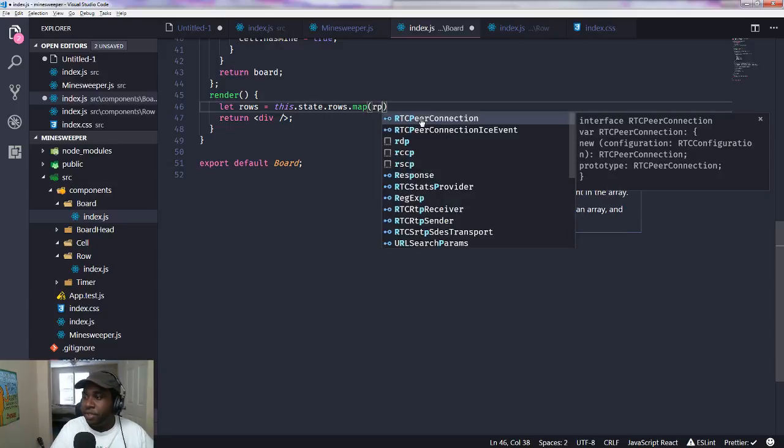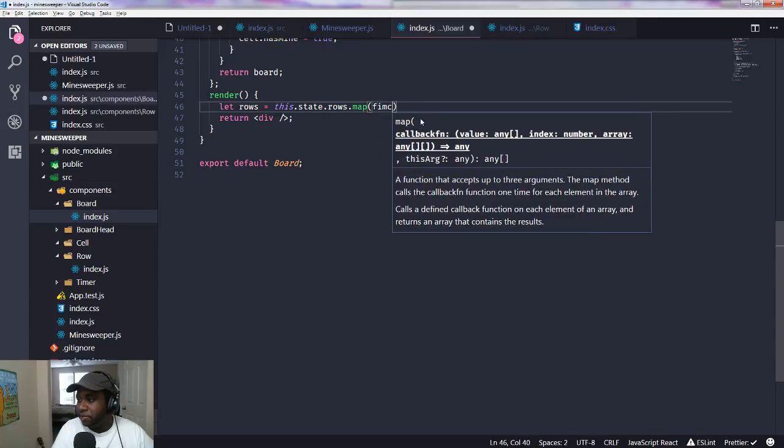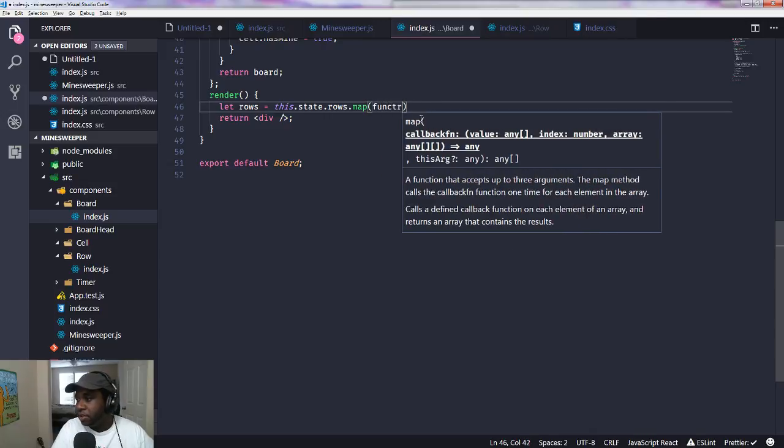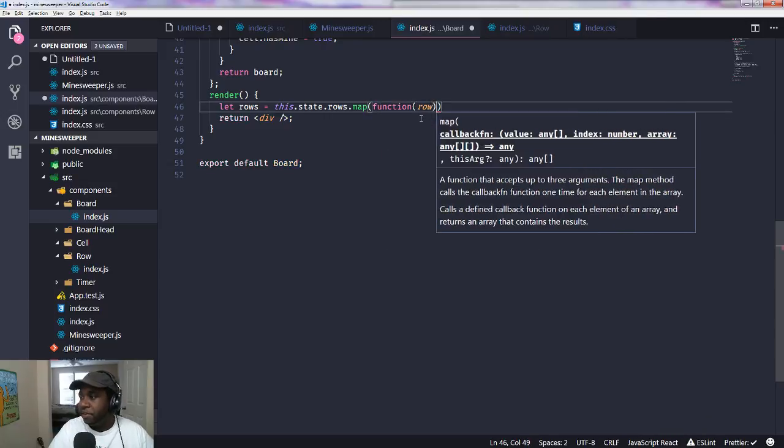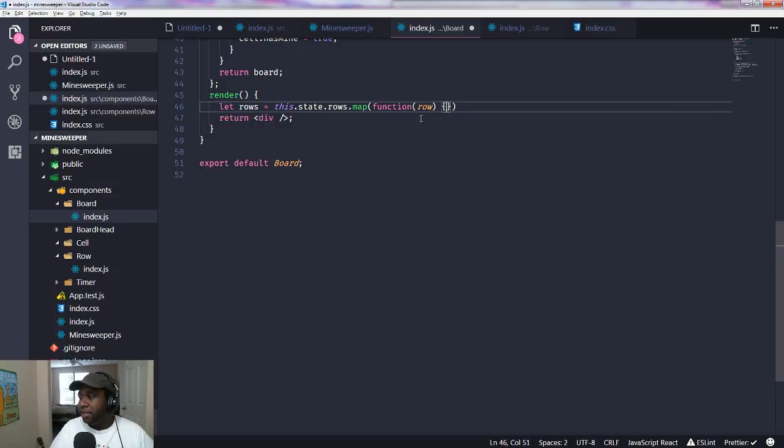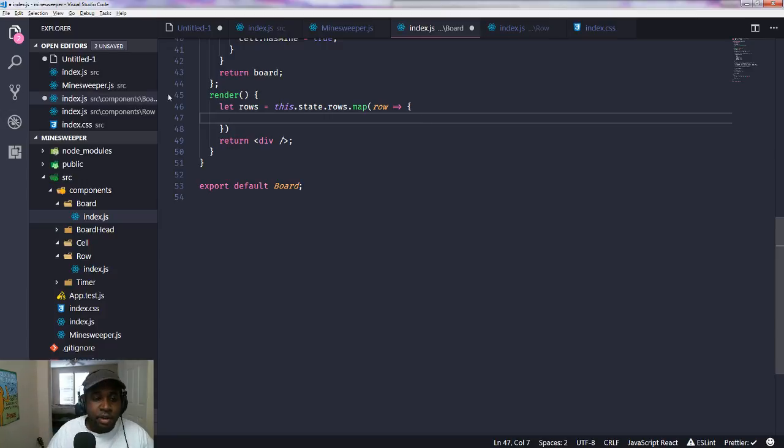So we're going to say for each row, and this is the same thing as writing function row, if you're not familiar with ES6, you could do that. But since we're using ES6, we're going to use our arrow function, and we're going to say row, and close that, and boom. Now we're going to start looping through that, and we're going to have it return a row. So we'll say return,